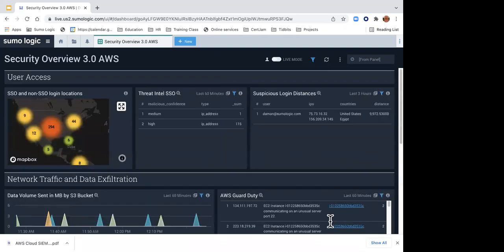So this is just an example of a dashboard that we put together. Now, each one of these panels represents a query. And so I could go into these underlying queries, or you could, here in Sumo Logic, using our Cloud SIEM powered by AWS, create these queries and build out a dashboard like this. Okay. And so that's this demo.